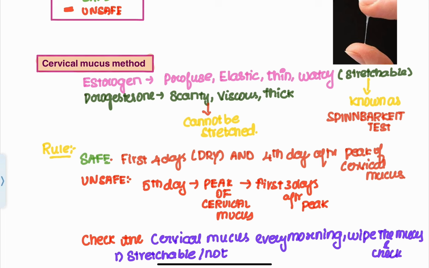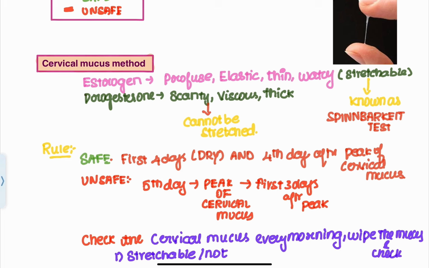So under the influence of estrogen, the cervical mucus is going to be profuse, elastic, thin, and watery. Since it is profuse, thin, elastic, and watery, it is going to be stretchable between the fingers. So if it is stretchable between the fingers, it is called the Spinnbarkeit test. Clear? Yes. And under the influence of the hormone progesterone, the cervical mucus is going to be scanty in quantity,